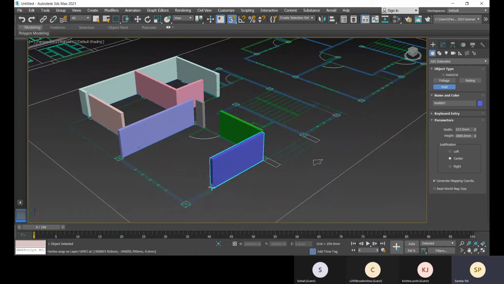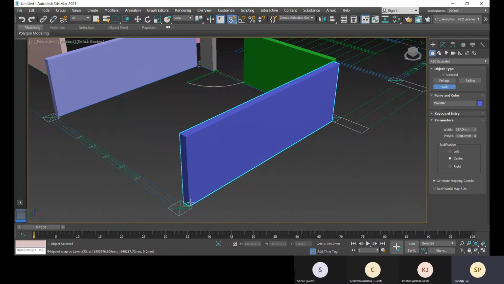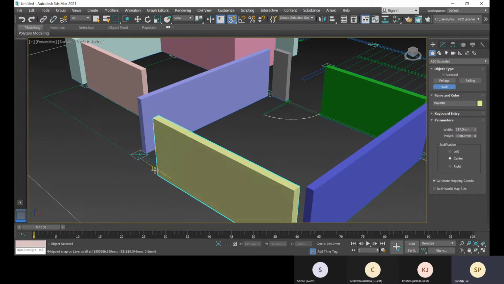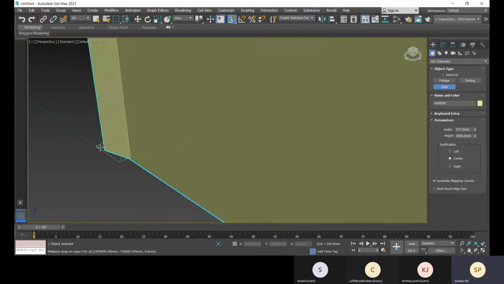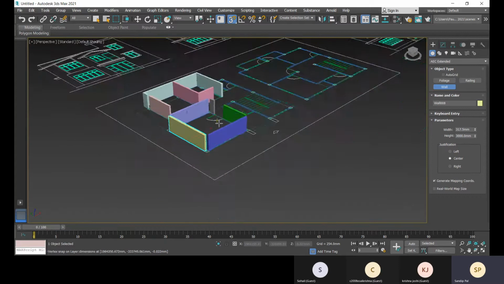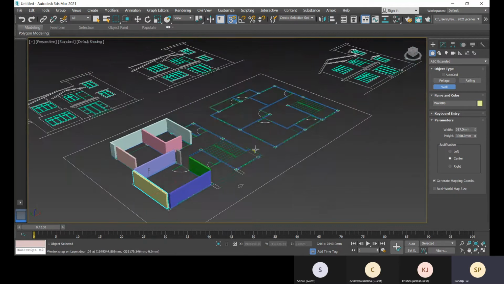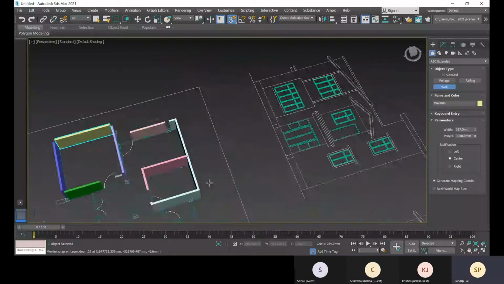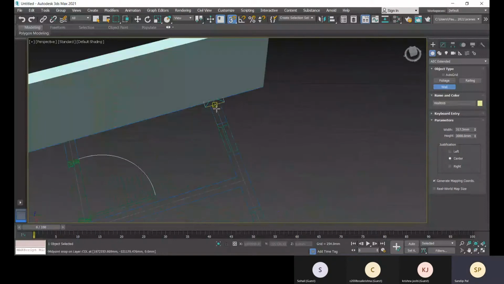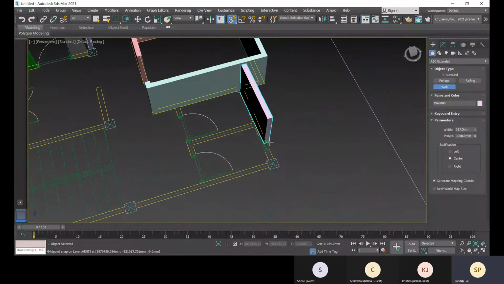For the window, you can place the whole wall, and on that you can place your windows. The column will be placed over there. So you can make sure that you are placing properly.